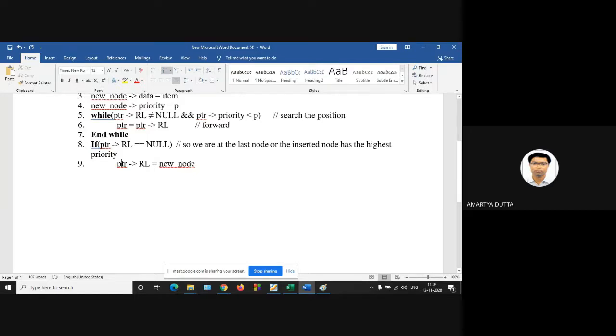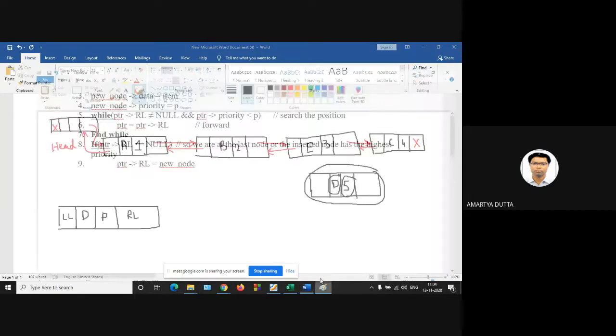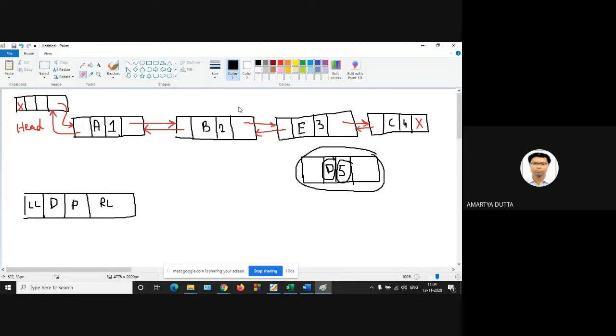And then, first of all, what are the operations? So this is your PTR after the completion of the while loop. So here the PTR resides. PTR is at the last node. Its next part, that is the right link part, is null.